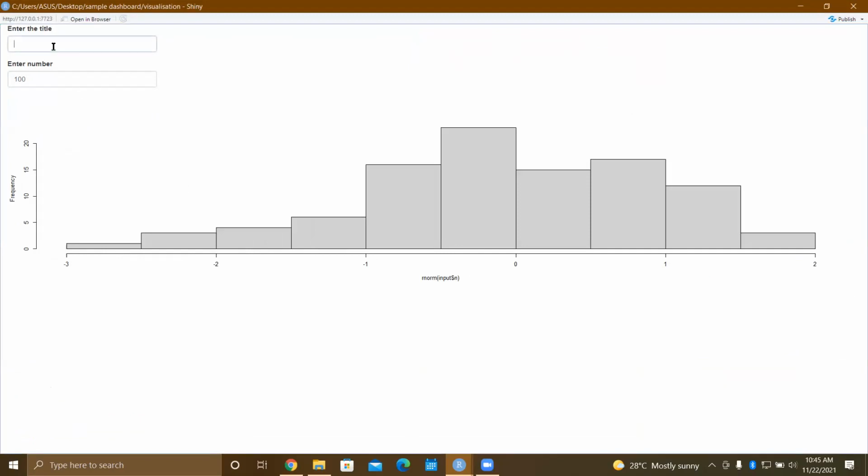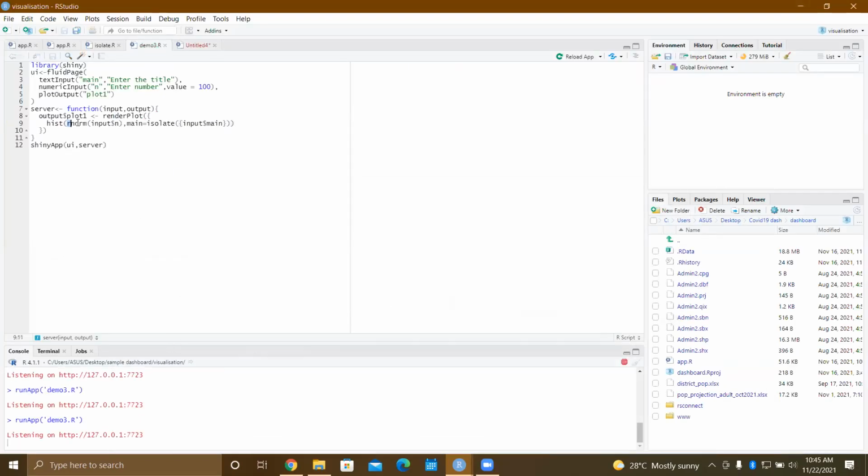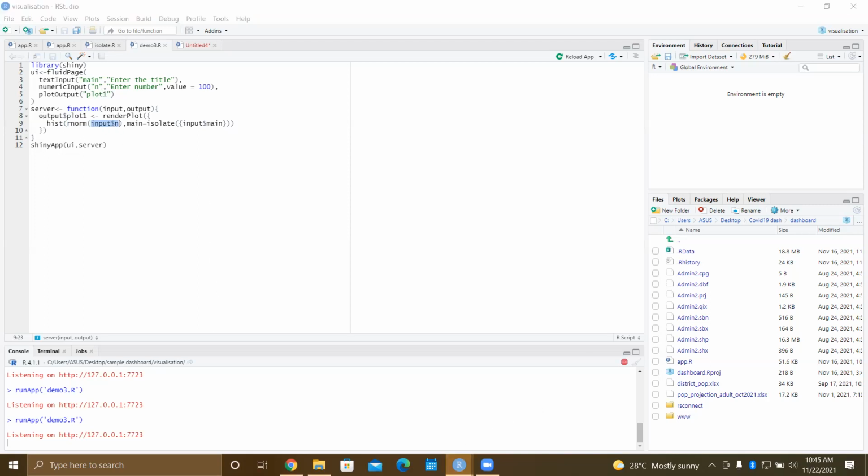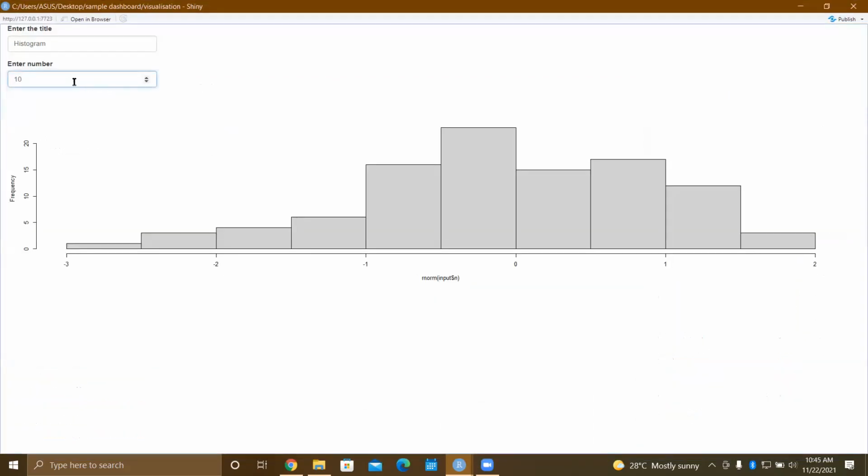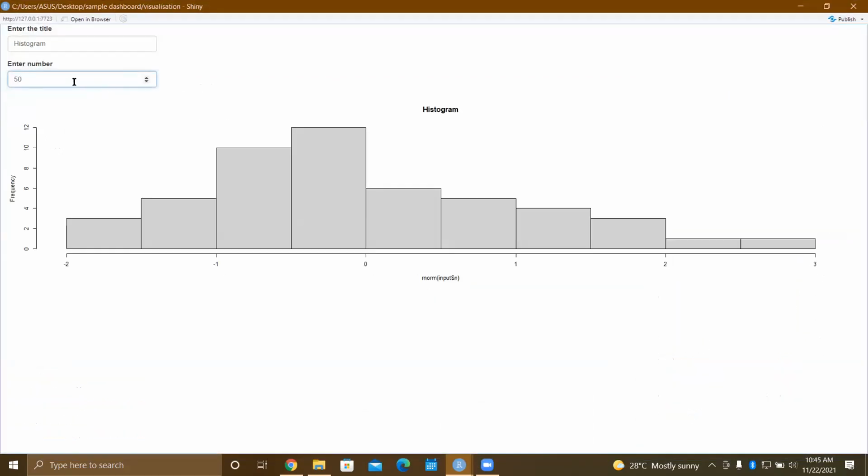So this is our initial plot. Let's give it a name. Histogram. So you can see no change is happening, but also you need the name here, right? So when will it change? It will change when we change the reactive input. We haven't placed an isolate function on this. That is why when the number you input changes, the reactive function will run once again. So let's try it. Let's say we give it 50.